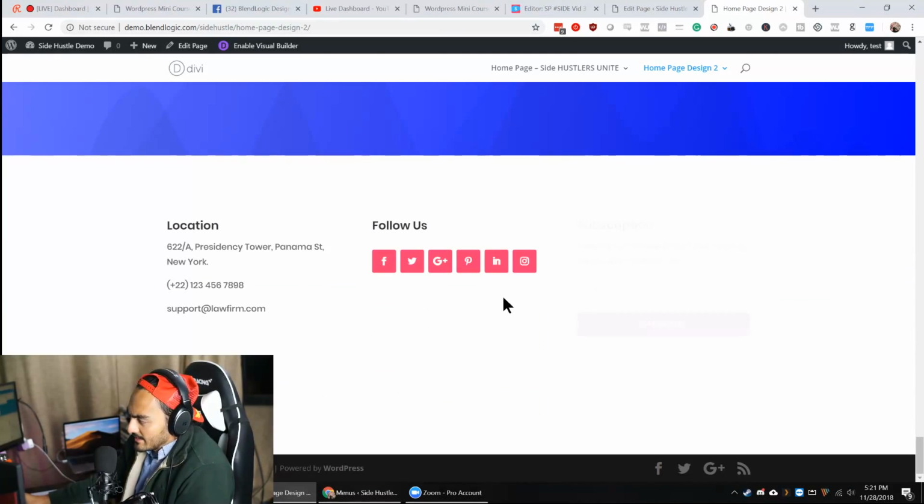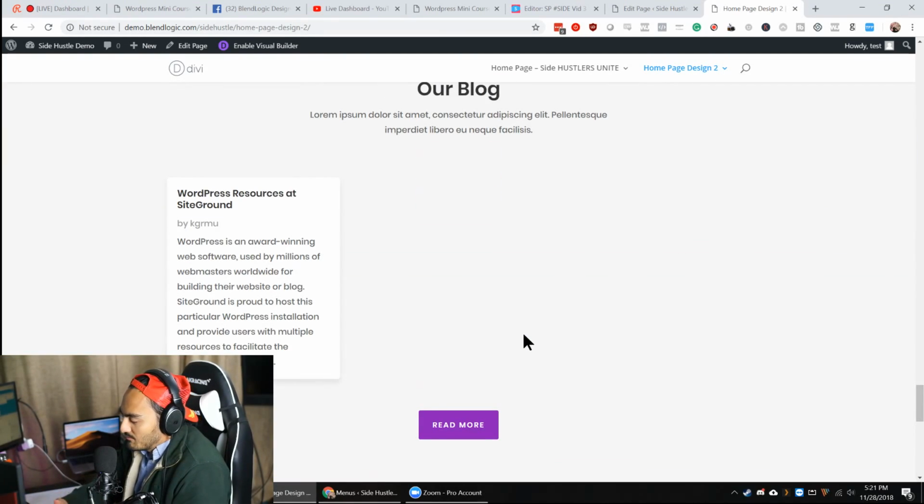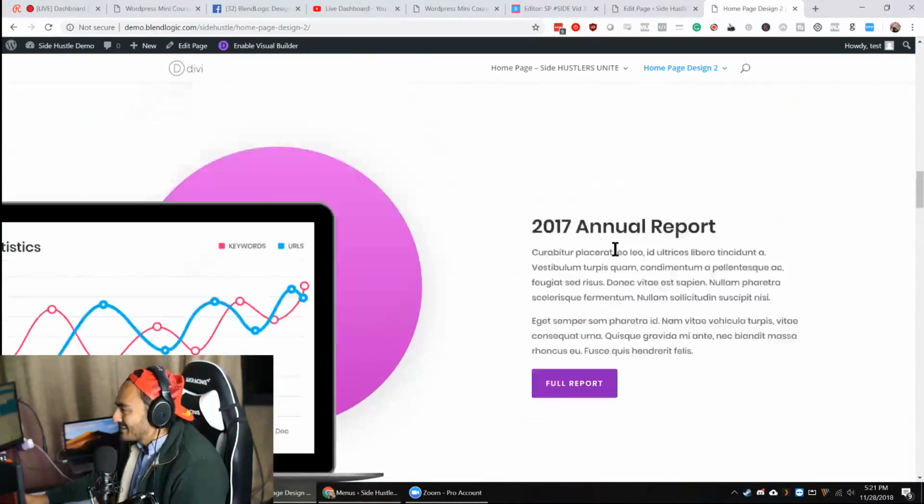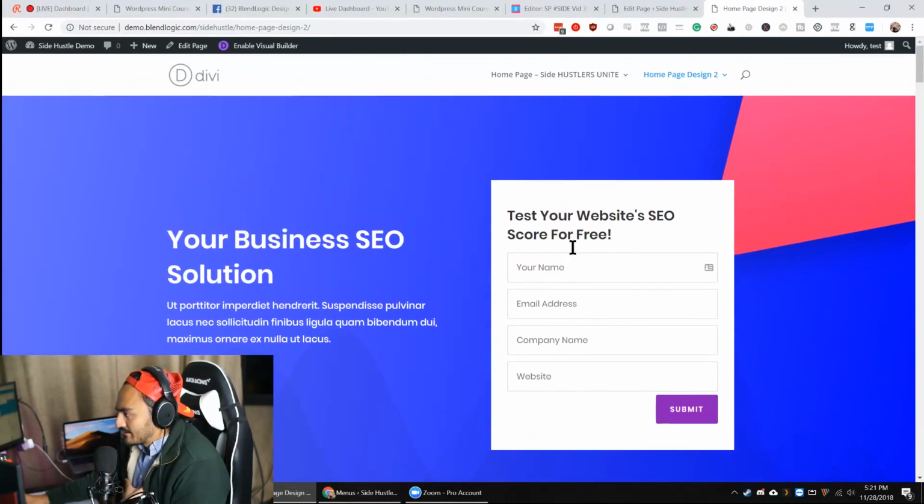All right, so basically, you see how fast I did this, right? That's the power of templating. And once you realize that you have to adjust this template, you could save that template on Divi and then use it later for another client. So I think it's really cool how fast you could build out. And then basically, let's say I was selling to you guys. So what I would do is,